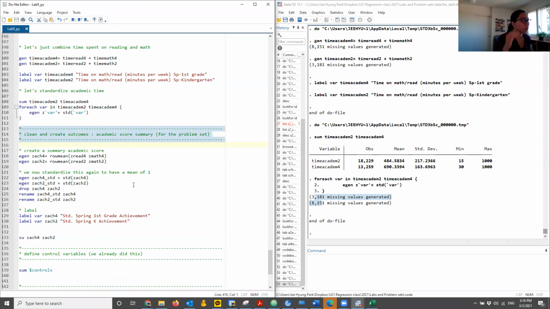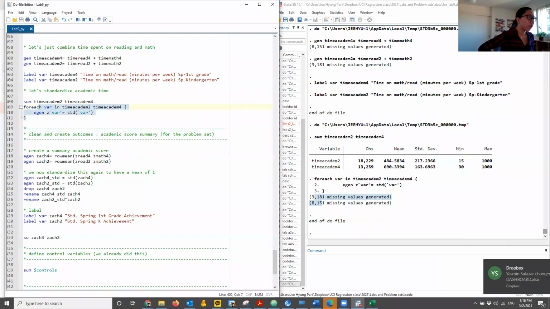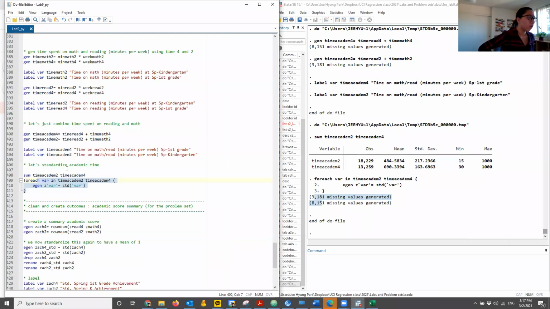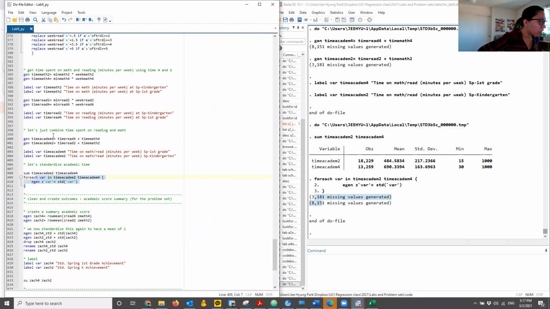Question. Can you... I can't really tell why you standardize it in line 08 versus standardizing it earlier at 400. Yeah, so can you standardize time read first and then standardize time read math first and